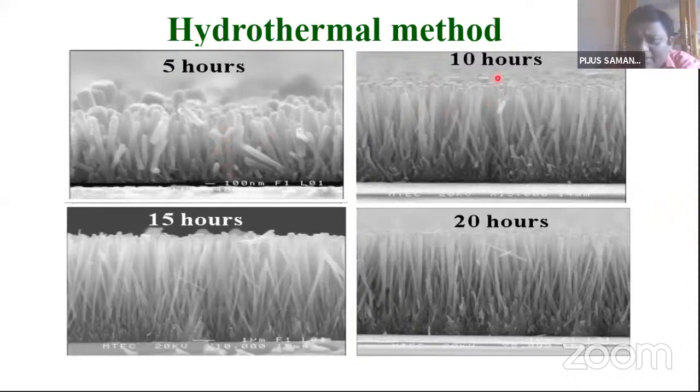If the growth duration is increased further, then we see the morphology gets changed. The rods get thinner and thinner. Here you can see also, it's extended, it's elongated. If you see in this picture, the growth duration is 15 hours. In that case, the rod lengths are about 5 microns. If this is 1 micron, so I think this is 5 microns, whereas the diameter has gotten thin. So if we increase further, then the diameter reduces and the length increases also.